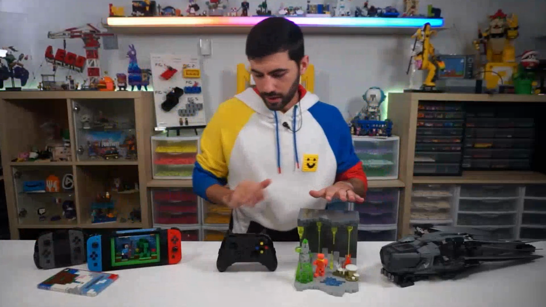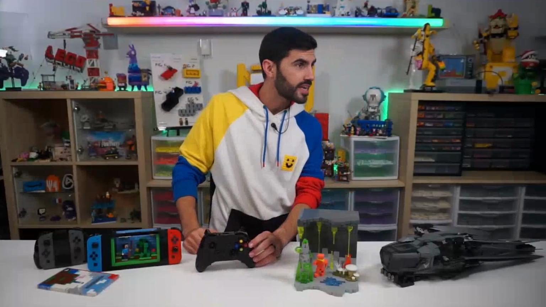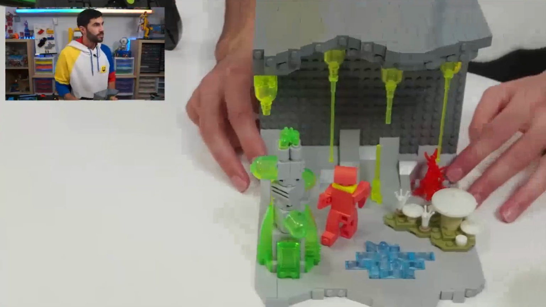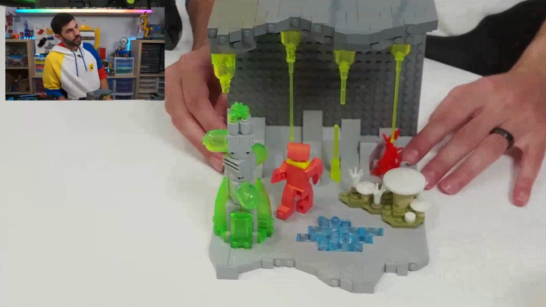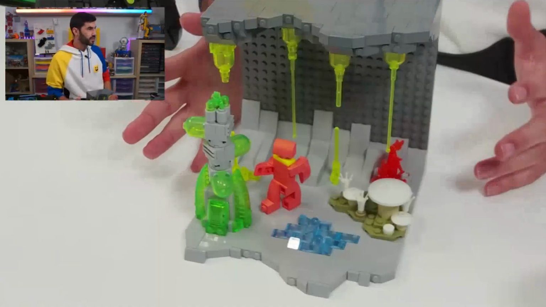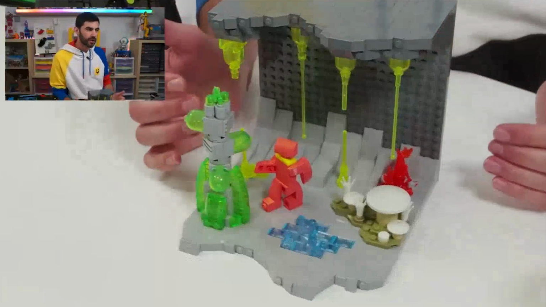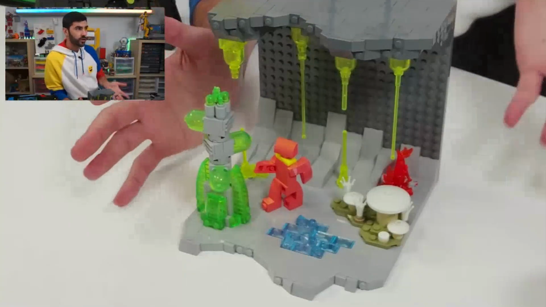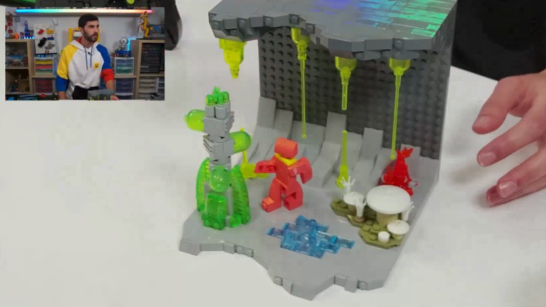And then I have another build here, which might not quite look as interesting. Let me switch to the right camera here at first. But there's some really cool properties of Lego that people may not realize they have. So there's supposed to be a little character exploring an interesting little cave. And you can see I've picked out some very particular colors here. And the reason for that is these colors actually have a very unique property to them. So I'm going to actually go ahead